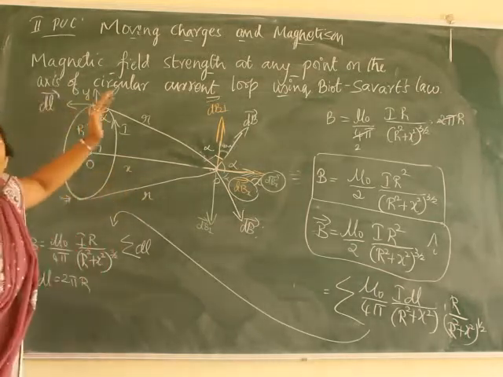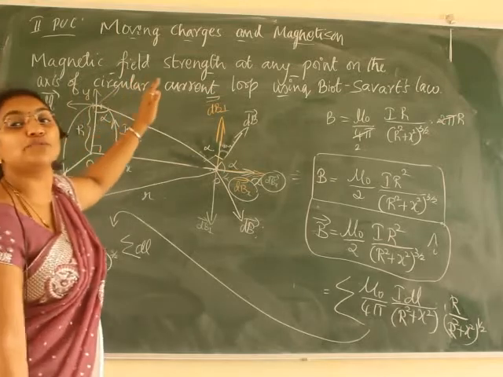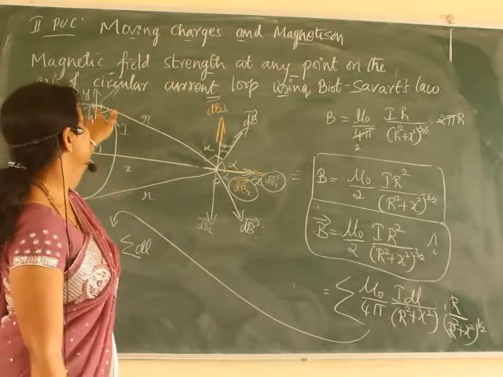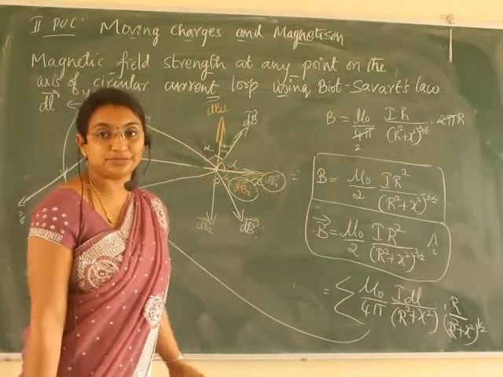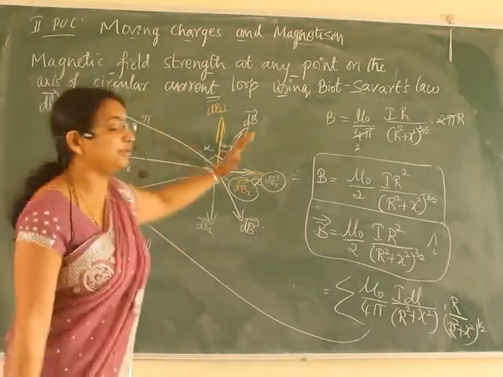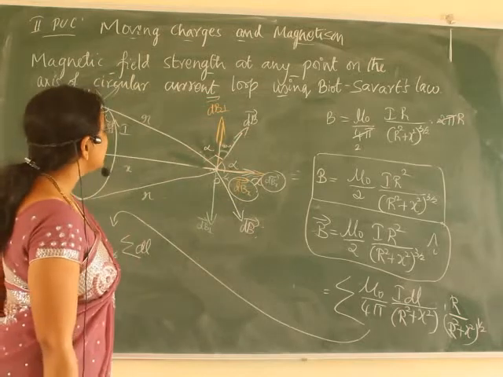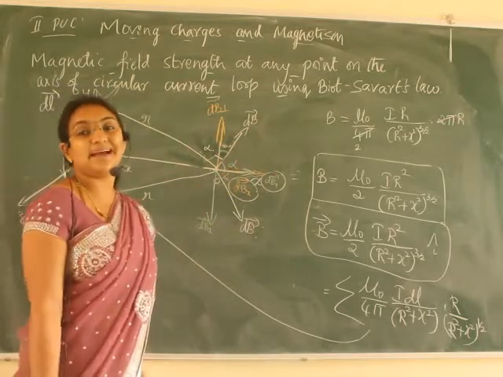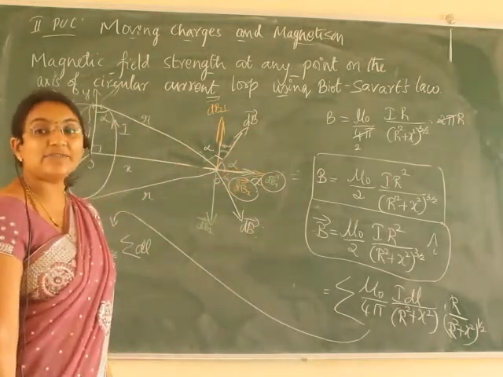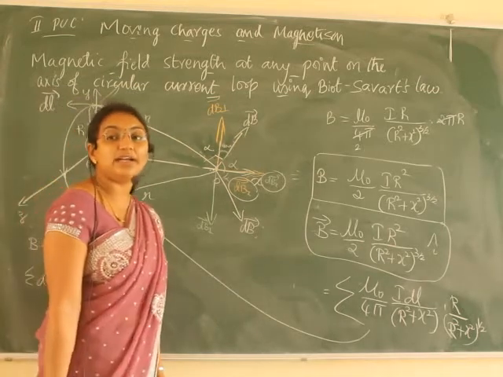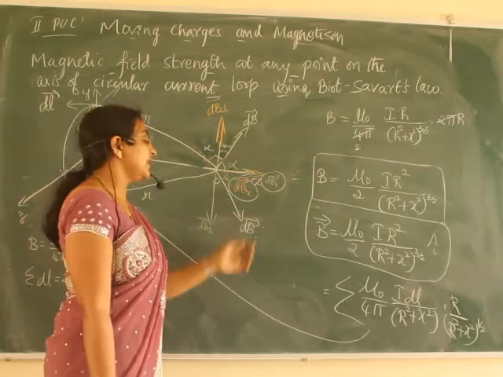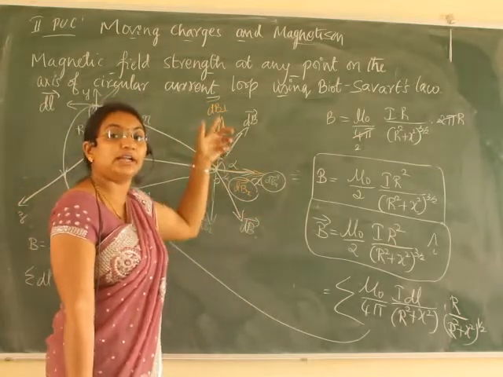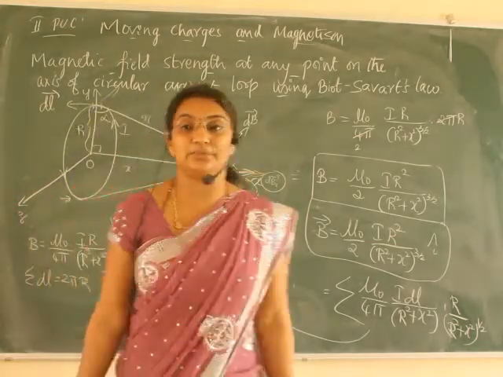By using the thumb rule, we can find the direction of the magnetic field at this point. If we bring the same thing over here, this is the direction, correct? We are just shifting that to here. So this is the magnetic field. Since it is a vector quantity, we can divide it into two components along the x-axis and y-axis. We get dBx vector and dB perpendicular vector.